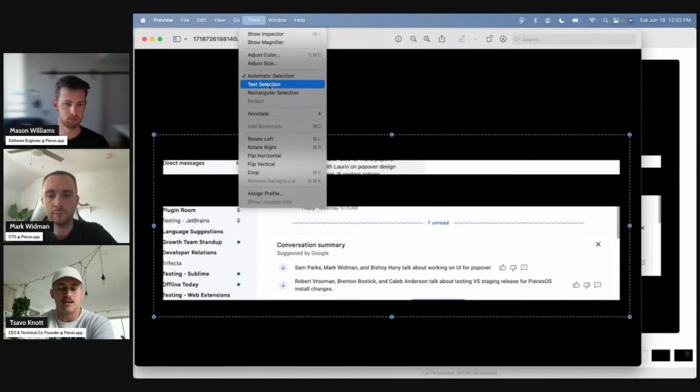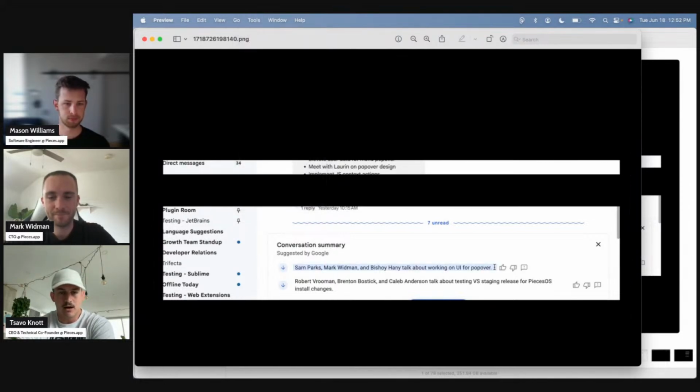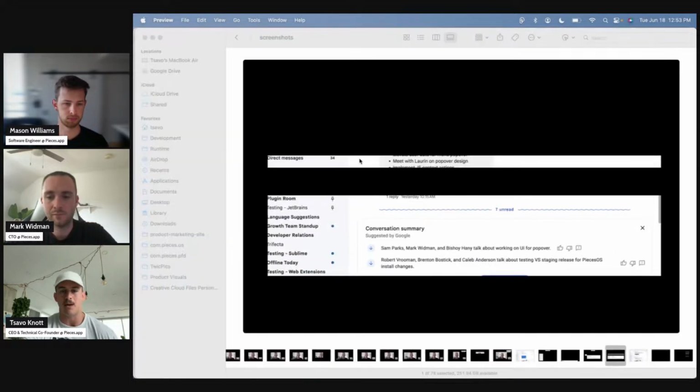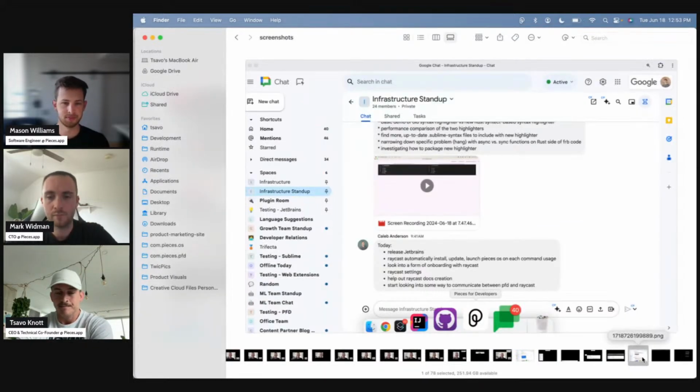But then, of course, if we do have that native version, we're going to use it. So this text selection here is basically what's occurring. Pieces then says, okay, let's pull out the text here, let's do some processing on it, maybe summarize some stuff, create some patterns, and store this in the vector database. And then we discard that image. Very quickly, whatever these pixels are, they're just completely dropped out of memory. Now we're just dealing with text, which has its own challenges, but is much better for long-term storage.